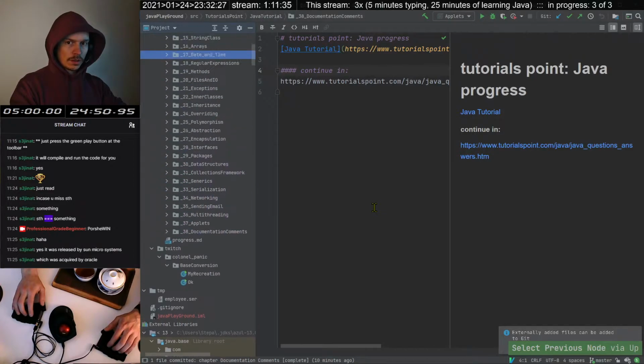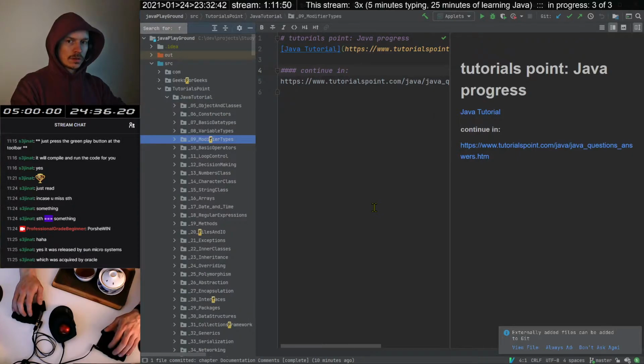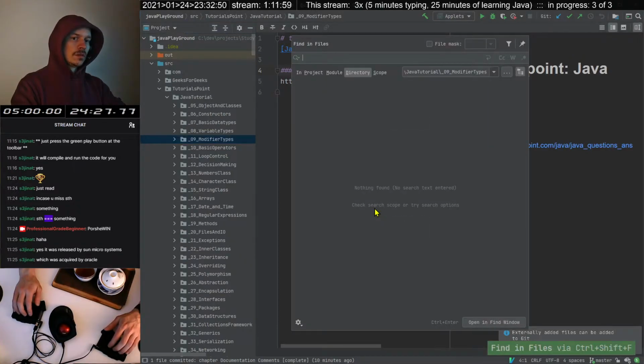So here, and I know I did. So I do search here, I guess. Search doesn't do anything. Oh, I know, Control Shift F. Yes, okay.